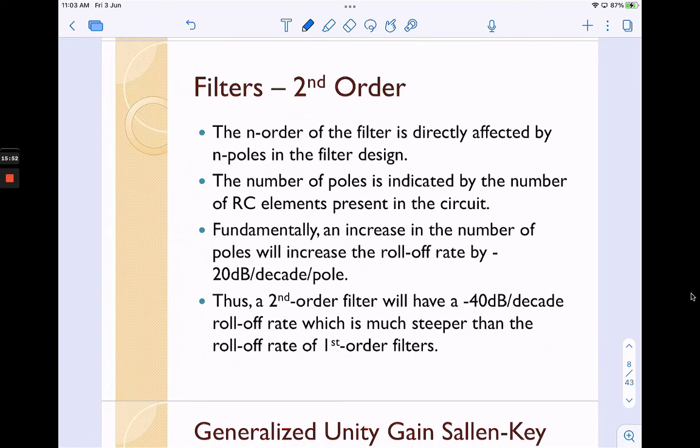Okay, and I think I have mentioned in the previous video that most designs of these second order filters are generally named after the inventor, where we have common filters such as Butterworth, Chebyshev, Bessel, Sallen-Key, for example. And all these types of filters are actually available in low pass filter, high pass filter, and band pass filter, as well as band stop notch filter configurations. Okay, so